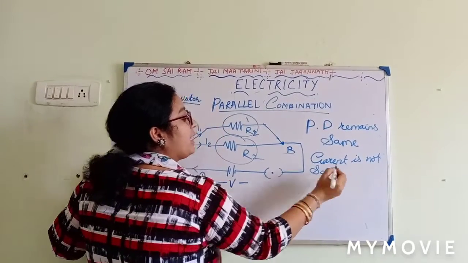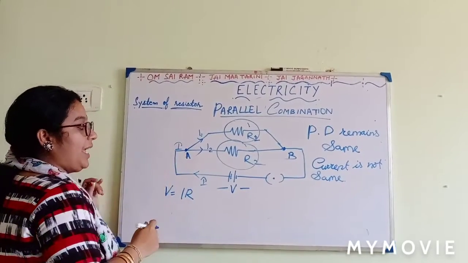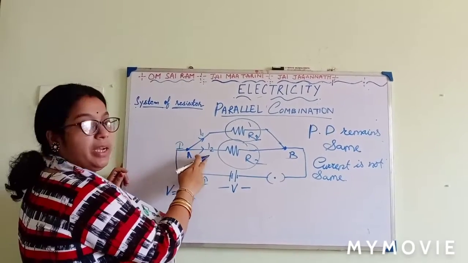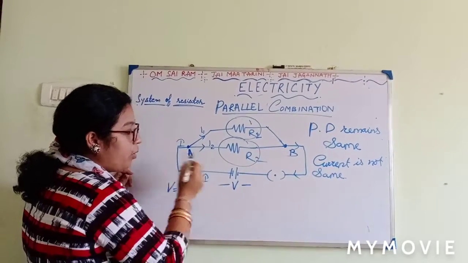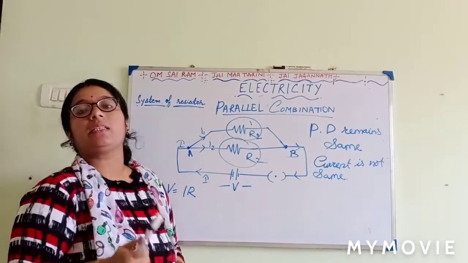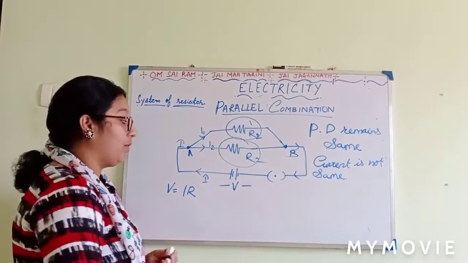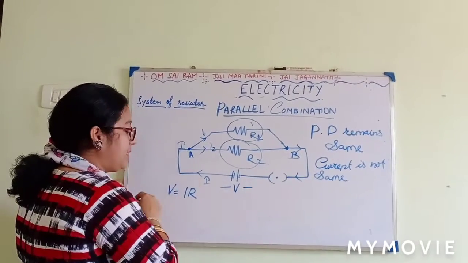So we have to calculate current for each case. But the total current, if it is I, will be equal to I1 and I2 because they will combine, and again I will flow in. So I goes out and I flows in. Always remember, students, current leaving the circuit is equal to the current entering the circuit, always. So if I current is going out of the battery, I current will get inside the battery.